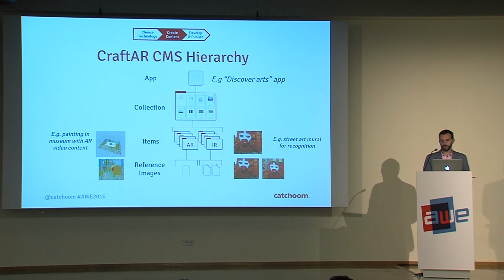In terms of image recognition, you can have multiple images for each item. The idea behind this is, for instance, if you're trying to recognize logos, sometimes companies have a white over black or a black over white, and both would typically trigger the same link to a website. Or if you have products with two sides, for instance a cereal box, you want to be able to recognize both sides so you don't need to ask the user to point at a certain angle. This also goes beyond when you are trying to recognize landmarks like street art and you want to be agnostic of the time of day or where exactly they took the picture from.